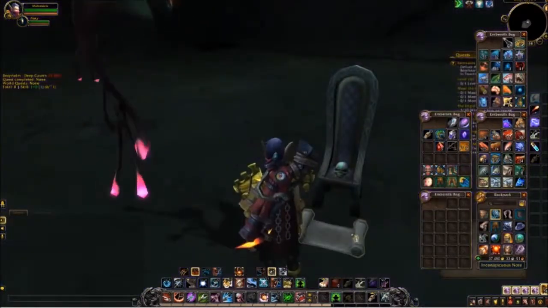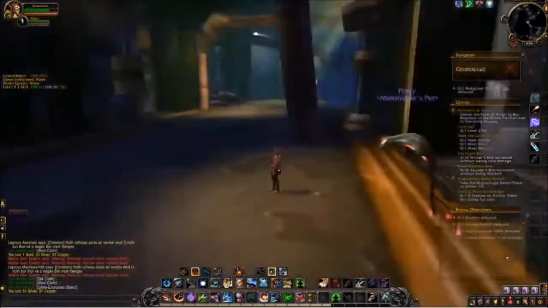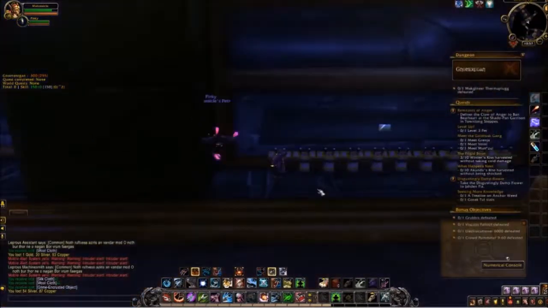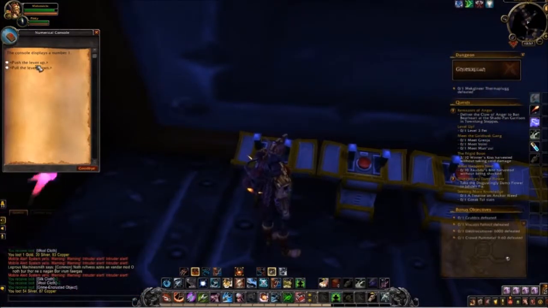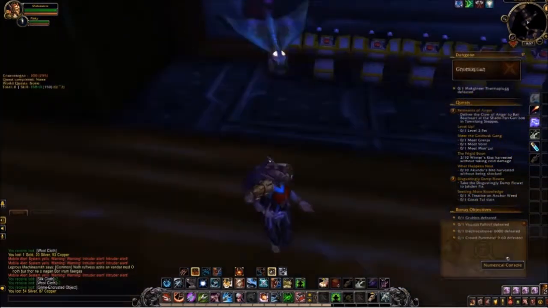You click on the scroll, and then a scroll appears. This is your next clue. It basically tells you to head to the Nomergan instance, where you have to go find these little levers. The number here that you need to push is